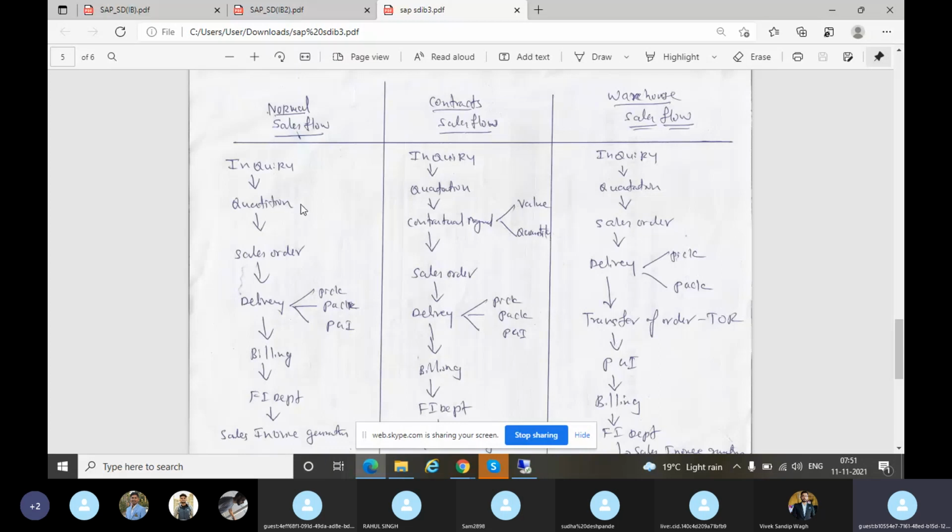Normal sales flow: inquiry, quotation, order, delivery. Don't write pick, pack, PGI. Delivery means pick, pack, PGI is understood. Then delivery, then billing, then it reaches the FI department. Please write this flow also. Otherwise, you take a photo of this. It's very important.